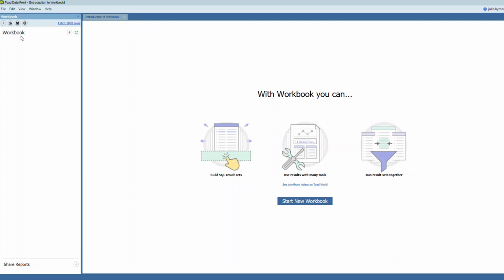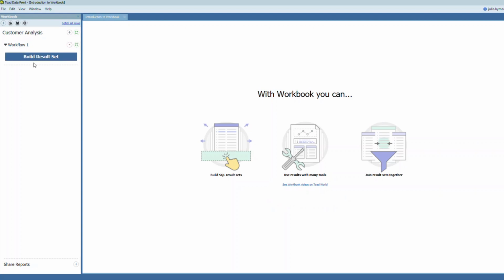So the first thing about a workbook, when you want to start a new workbook, your handy start button's right here in the middle of the page. You can just click Start Workbook and give your workbook a name. We'll call it Customer Analysis. We'll do a quick workbook here. And we'll say Start that workbook. So you can see here it's named my workbook Customer Analysis and also kicked off my first workflow.